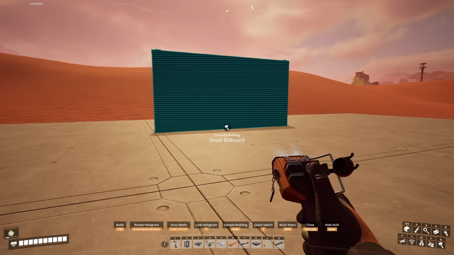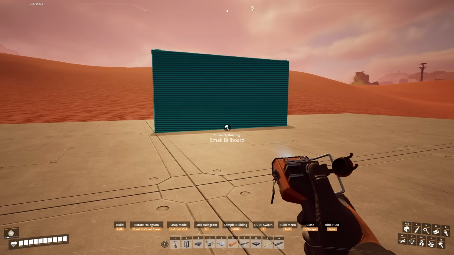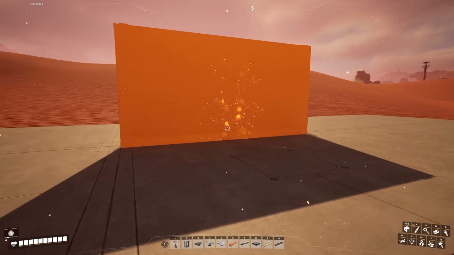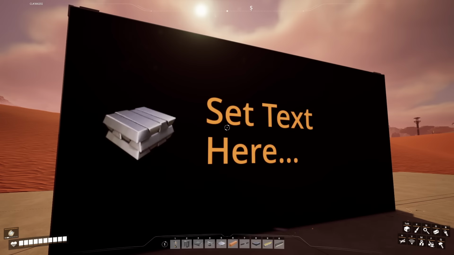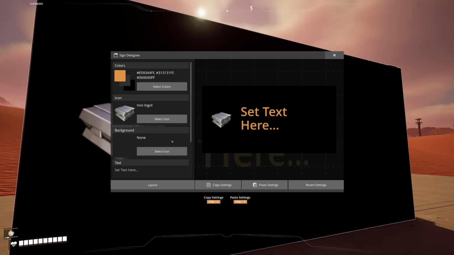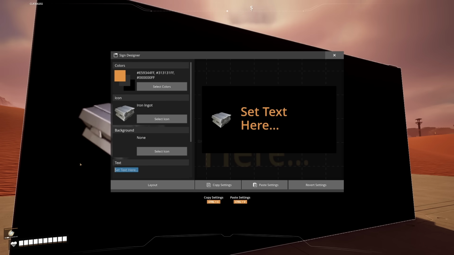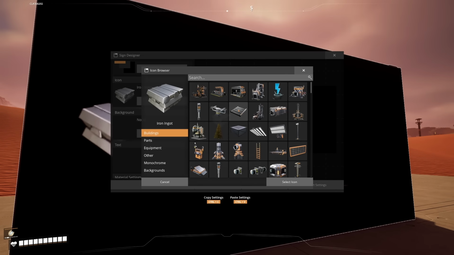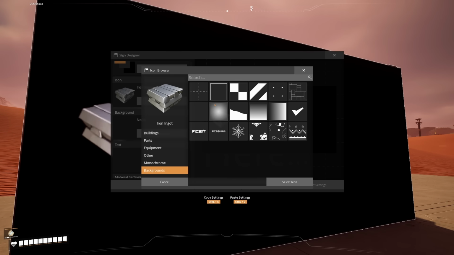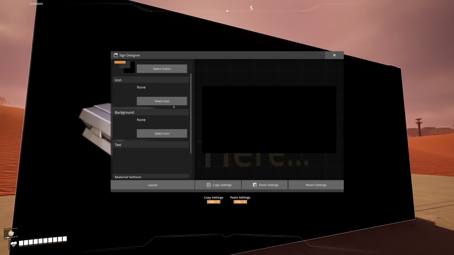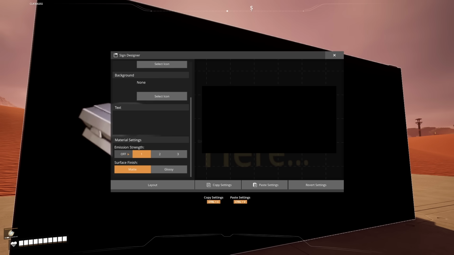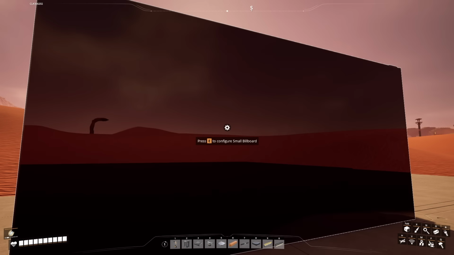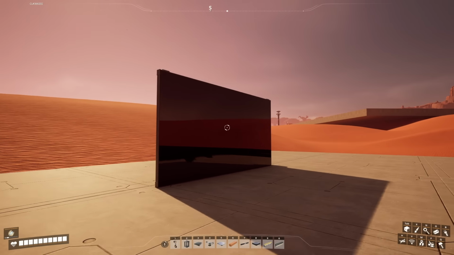Let's get to it. First things first, let's talk about the signs. So the wall that you saw that was quite shiny, well, this is just a normal sign, like you can see here, and we've just got rid of everything in the background. On top of that, we've turned emission strength off and turned it to a glossy finish, and that creates this mirror-like